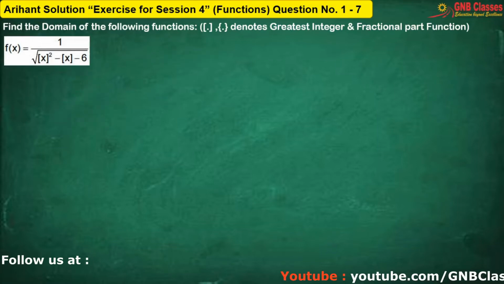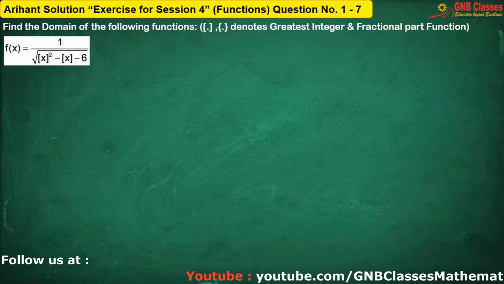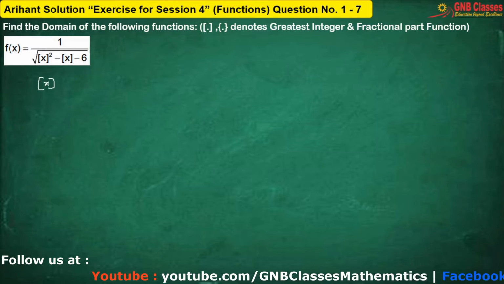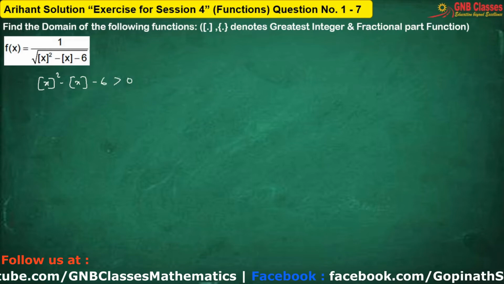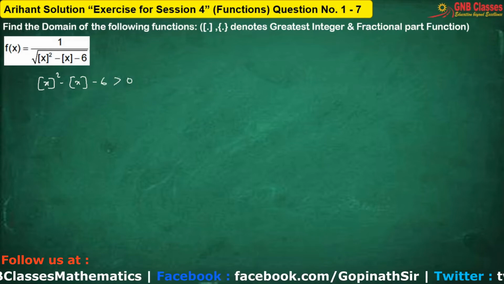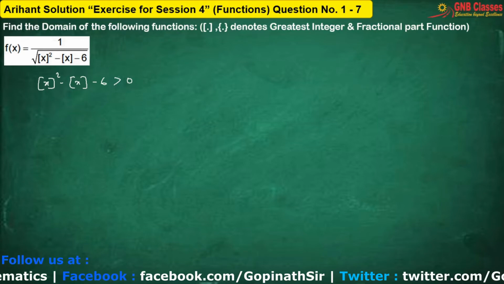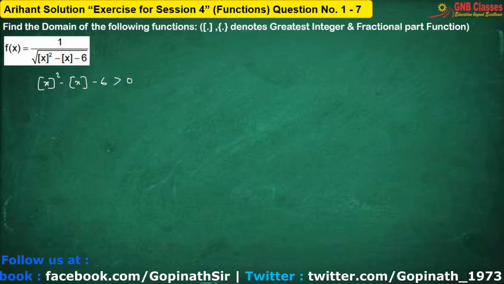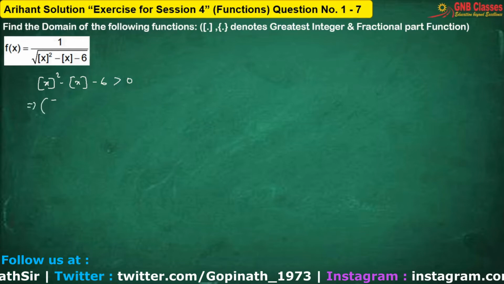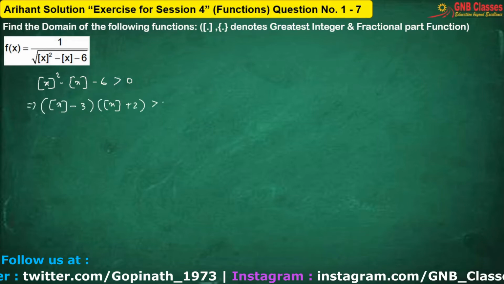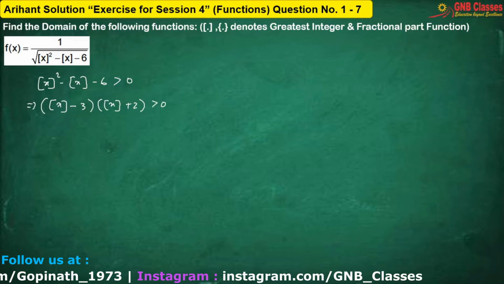In this function, to define it, the expression within the root sign has to be greater than 0. It cannot be equal to 0, because if it becomes 0, then f(x) will become undefined. So from here, after factorizing, we are getting this, and again from the number line we can say,